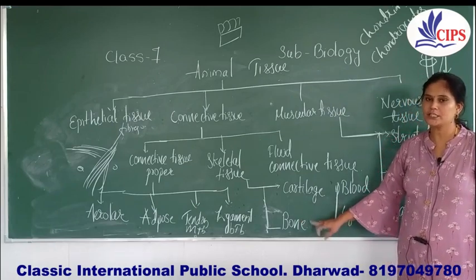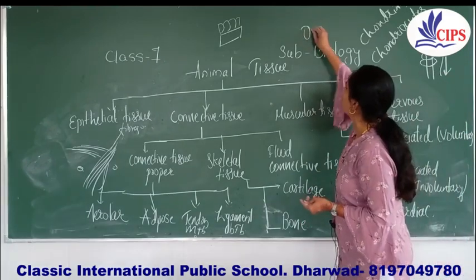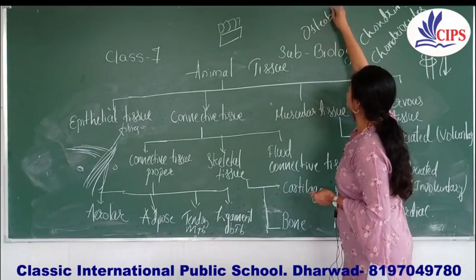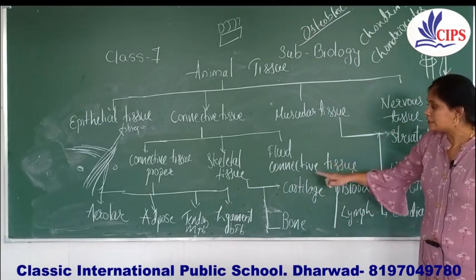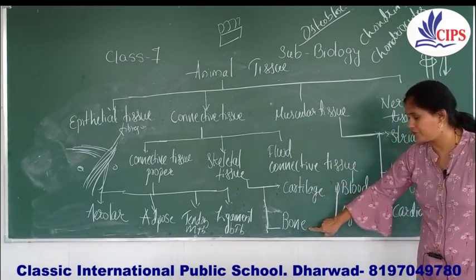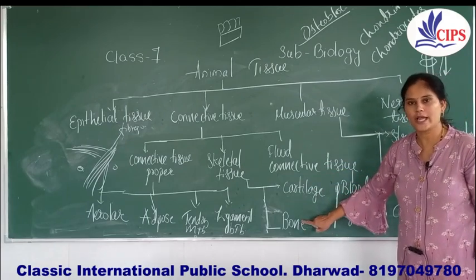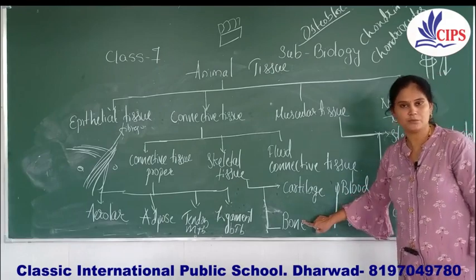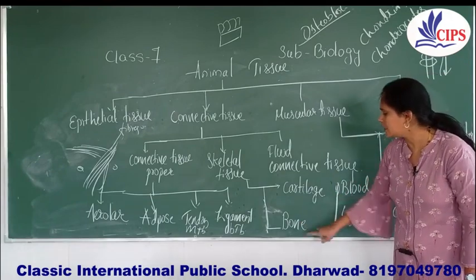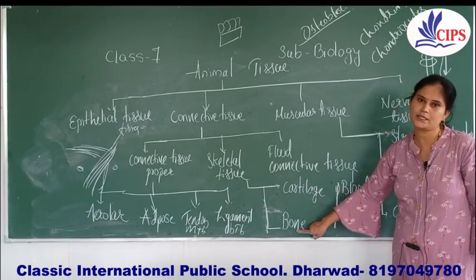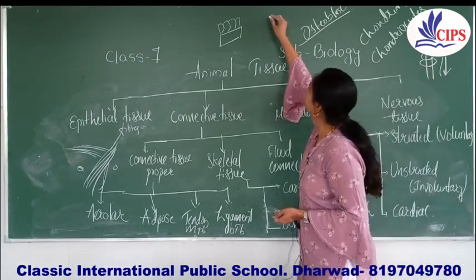The cells which are present in this matrix are called osteoblasts. They are called what? Osteoblasts. This matrix of the bone also contains some inorganic salts like calcium chloride and magnesium fluoride, right? These inorganic salts are also present in the matrix, and these inorganic salts